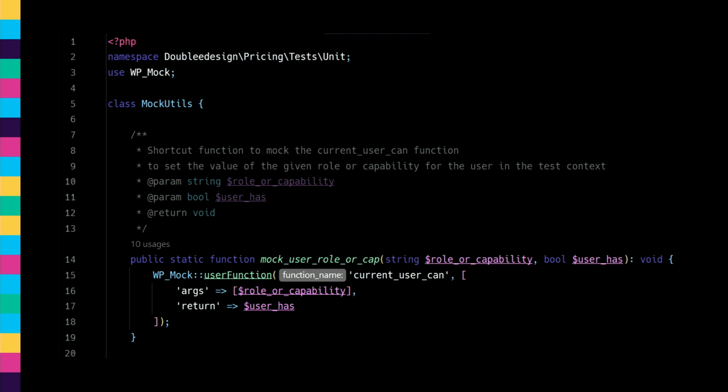So here's an example of that. Because I don't like to repeat myself, I put them all in a mock utility file, but you could just dump this straight into your test as well. And so I'm using a library here called WP Mock. There's another one called Brain Monkey that I like as well. They're pretty much the same thing. I actually did a whole write-up trying to compare them and concluded they're pretty much the same in my experience so far, where basically we tell it when the current user can function gets called with this argument,